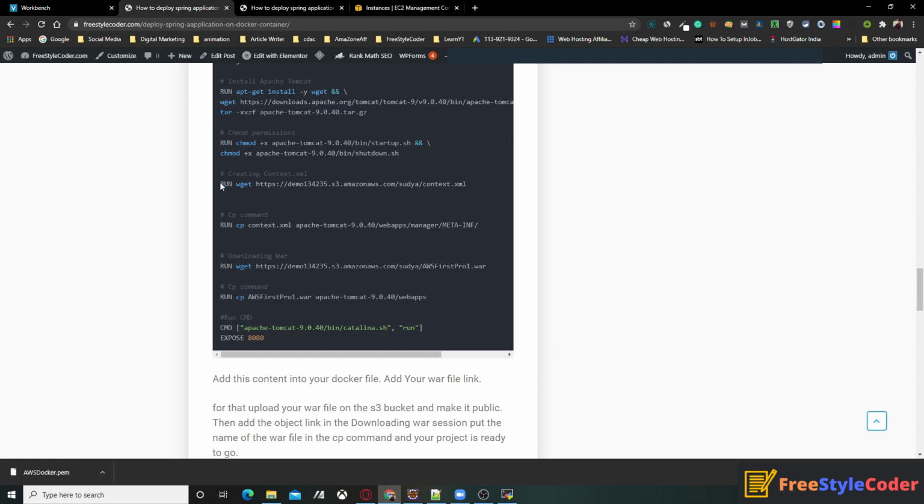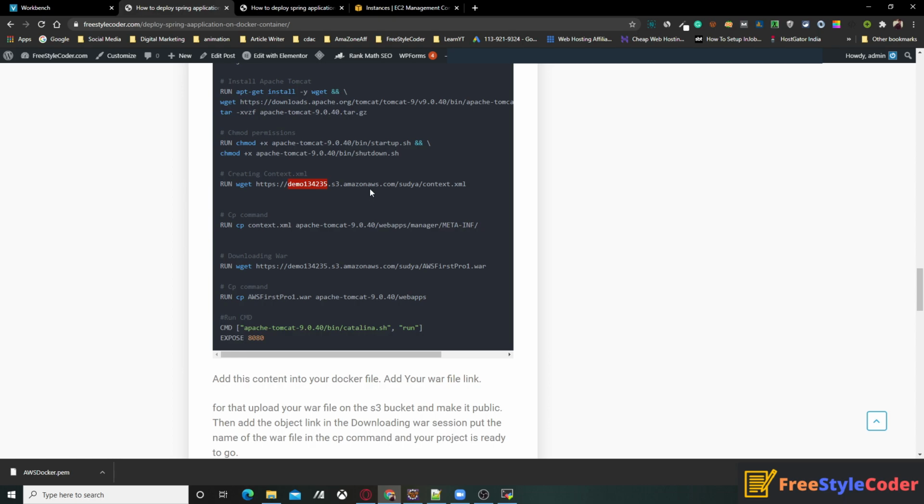After that there is a context.xml file. Inside the Tomcat context.xml file, the default port of Tomcat is there. We don't want the default port, because we are going to use Tomcat on a different IP address.